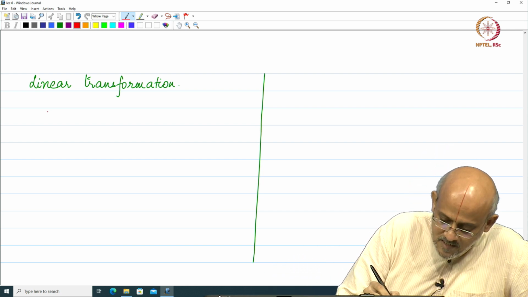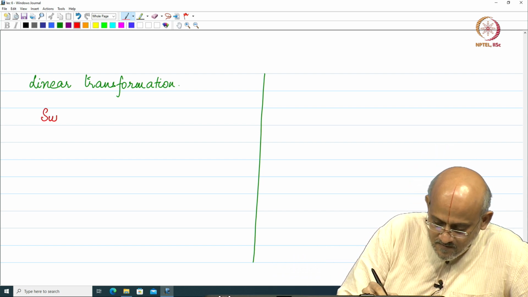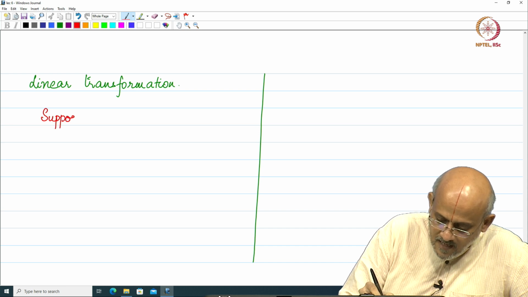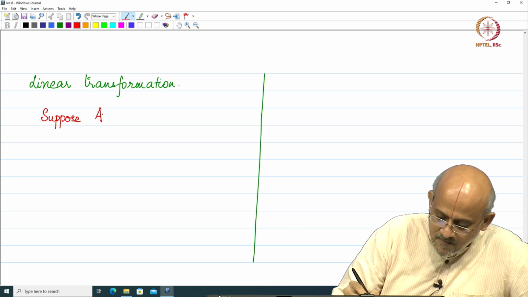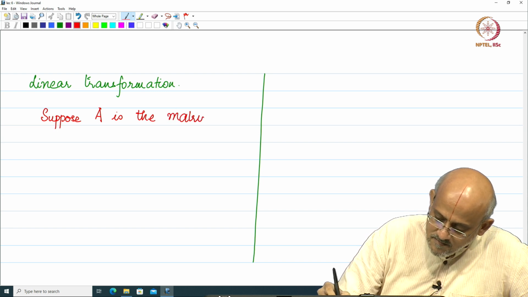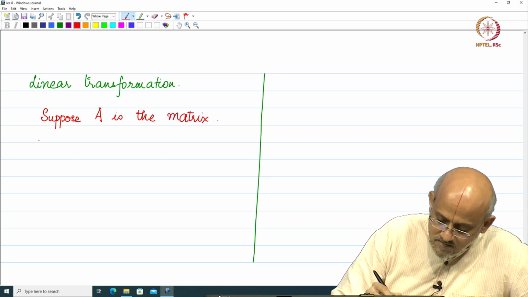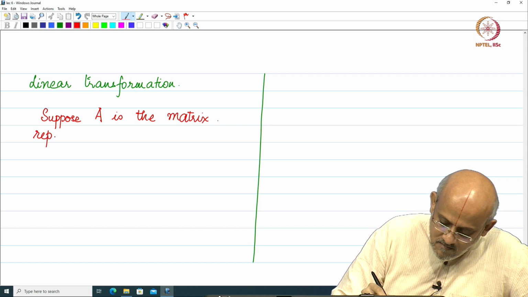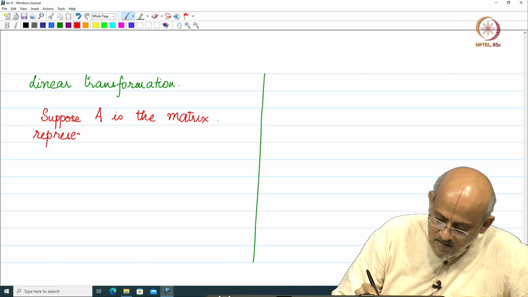So let us take, suppose A is the matrix representing a linear transformation,